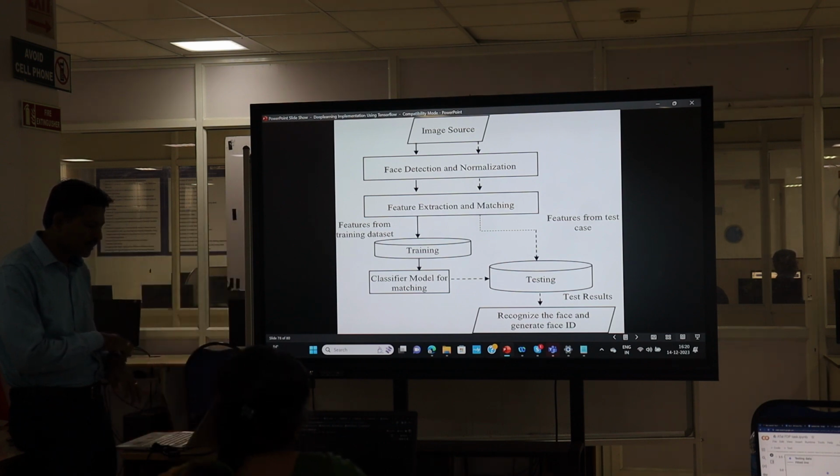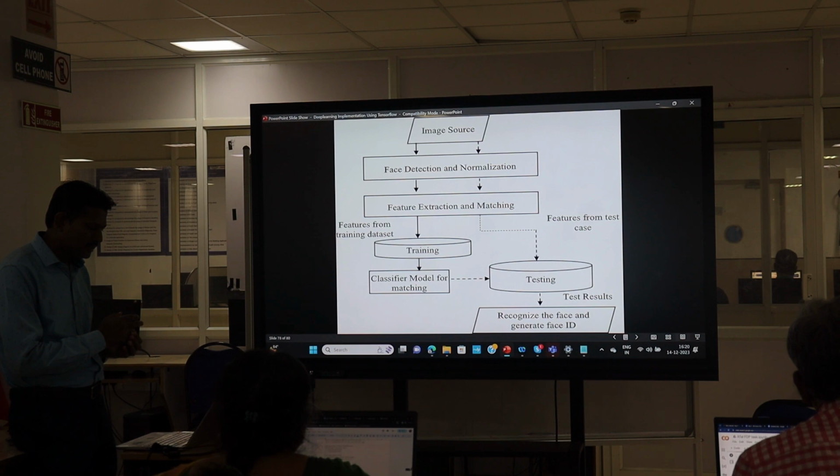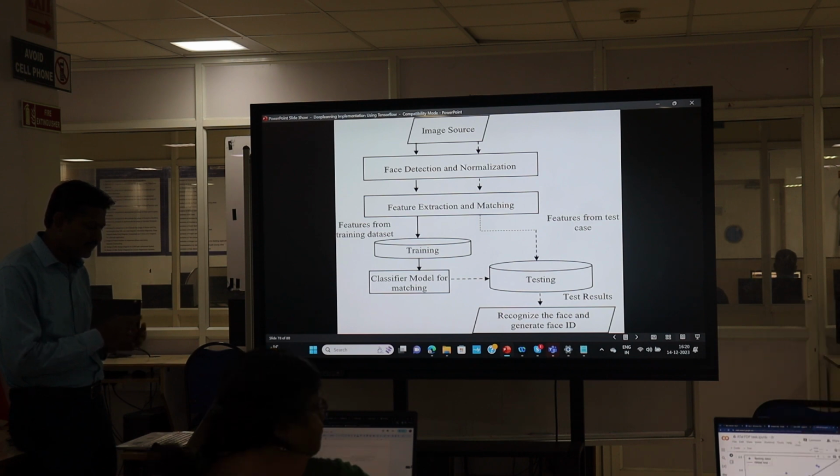One output will be given to the training data, features from the training data set, and then it will be given to the classification modeling. The other output will be given to the testing module. The classification module and testing module will be matched. Finally, the output will recognize the face and generate the face ID. So this is the flow chart for face authentication.